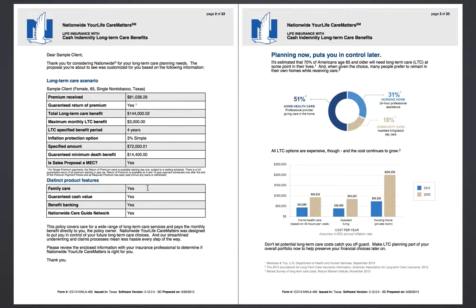They also want to make sure that you understand that they can provide family care. They have guaranteed cash value. Benefit banking is an option. And you have the Nationwide Care Guide Network. Benefit banking means that if you qualify for long-term care expenses, they will send you a check for $3,000. If your expenses were only $2,000, you could save that other $1,000 for when benefit expenses might be greater in